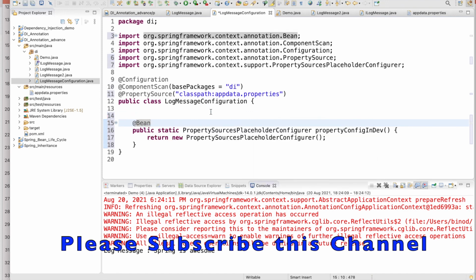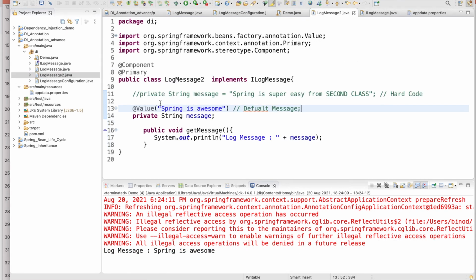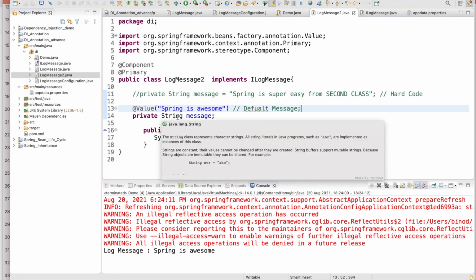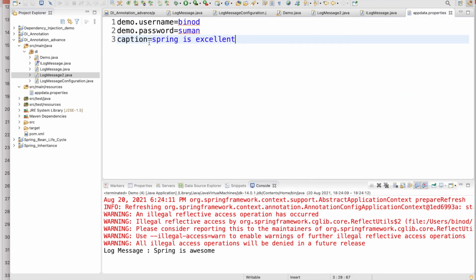Now you see the magic. So now what happened? You have done that. You come in the log message. Now you can give any key value that is there in your app data. So suppose I have the app data property, right? I want to pass this value caption. So the message is Spring is excellent, right? So I want to set this value for that message property.